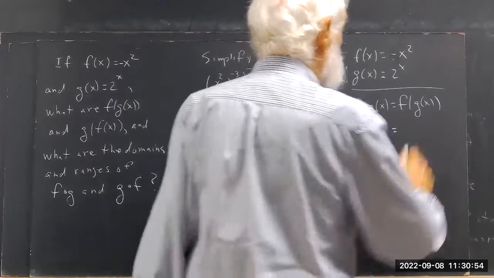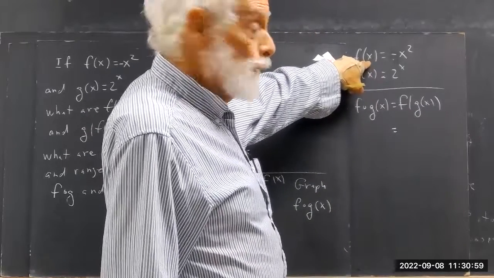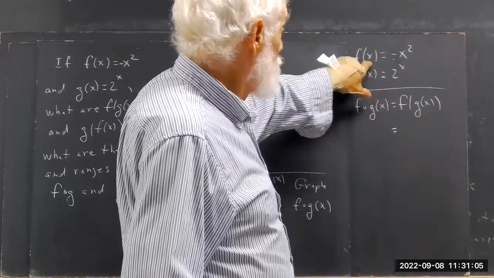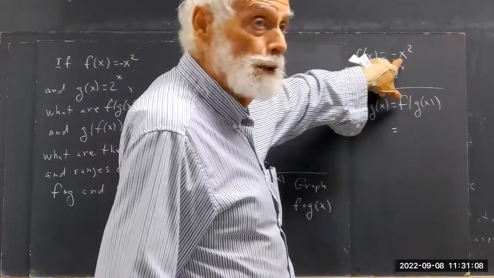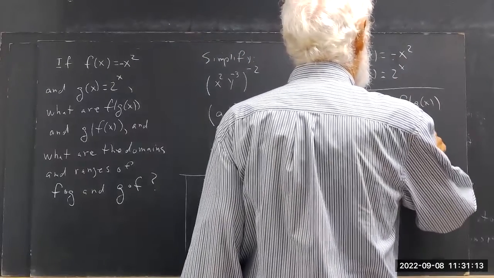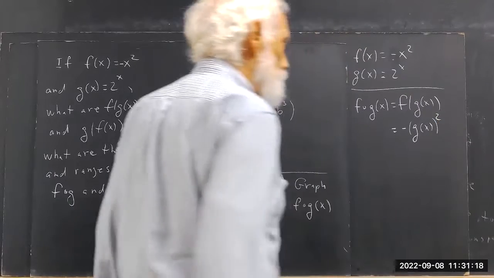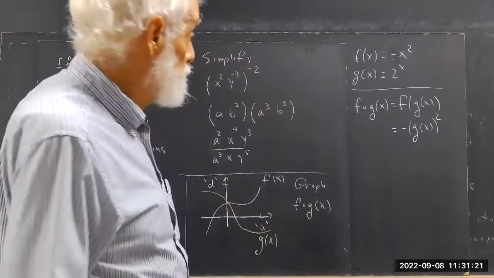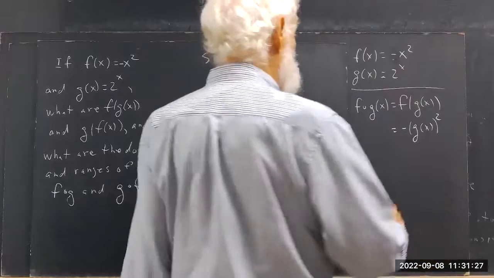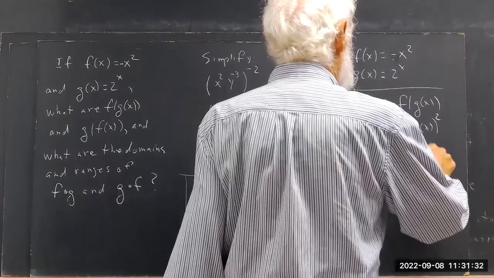Well, f of g of x is what? Well, what have we substituted for x? We substituted g of x, right? Then we don't have to worry about what that means or anything. If x is replaced by g of x, we'll replace x here by g of x, which gives us negative g of x squared. And of course, g of x is 2 to the x. So one more step and we have it. We have a negative of 2 to the x